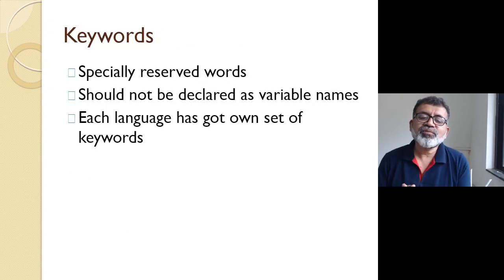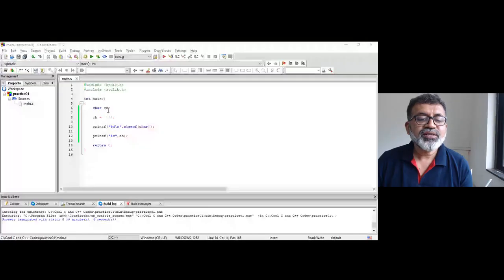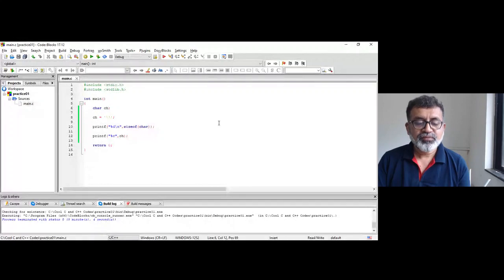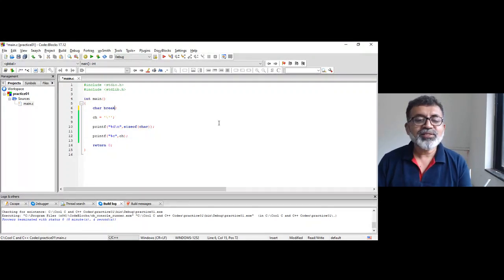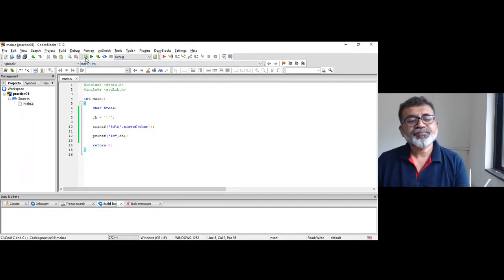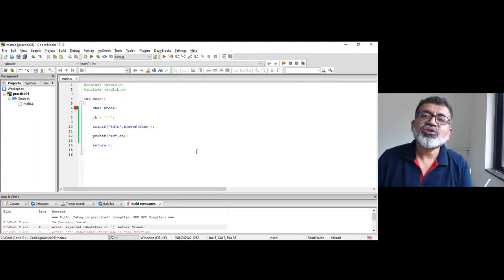Specially reserved words should not be declared as variable names. So sometimes it may happen that you declare a variable like, if I write char end, or char break, since break is a keyword, it will give an error because it doesn't know what you're talking about.